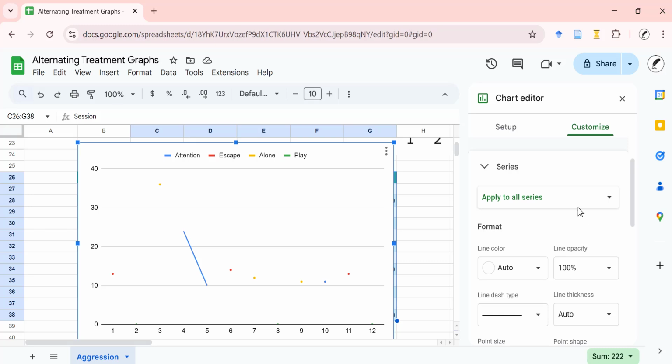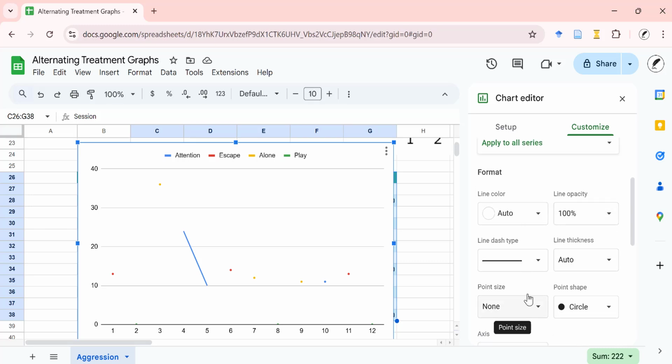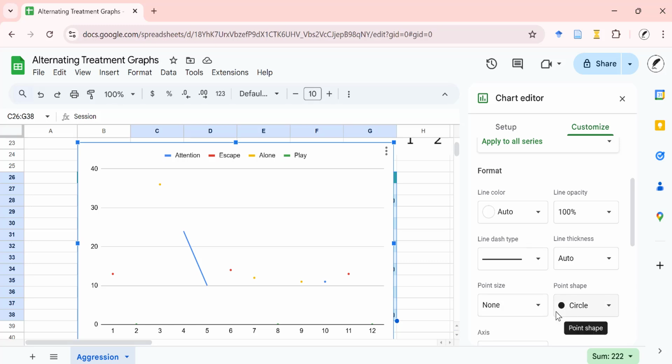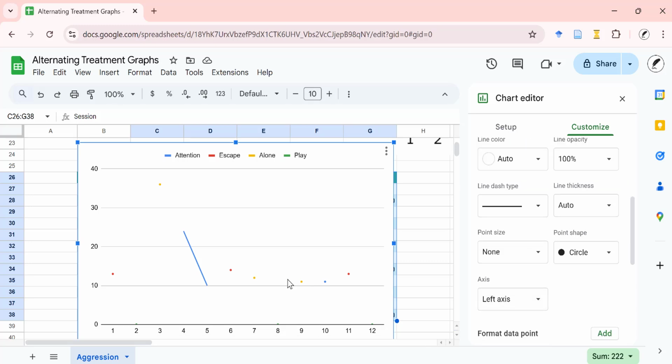And right now, apply to all series is selected. So one of the changes that I want to make, that I want to appear in all series, so all 4, attention, escape, alone, and play, is that I want the data points to go from being tiny to being quite big. So under point size, I'm going to switch it from none to 10. Now I can see them all, except for the play ones that are kind of half hidden,